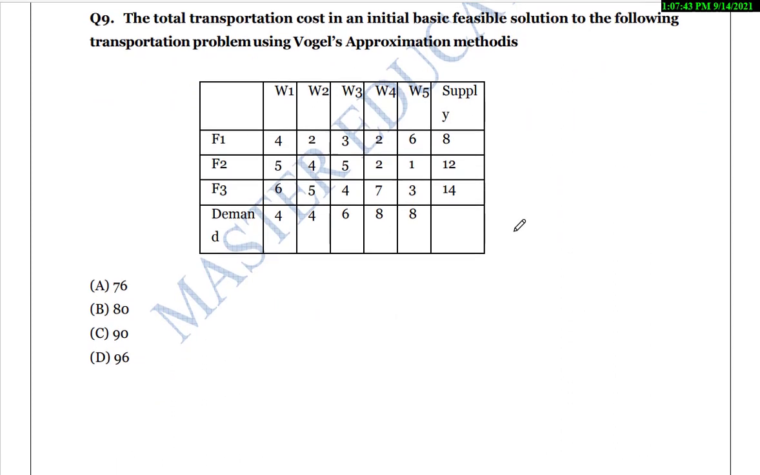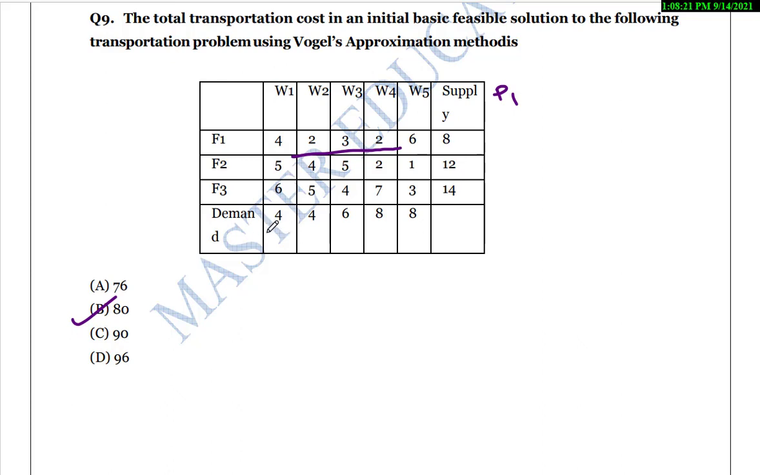The next question: find the total transportation cost in an initial basic feasible solution to the following transportation problem using Vogel's approximation method. Here also you have to find the differences and penalties, and then you will see the answer is 80. Shall I do it, or will you try now? Okay, I'll do it. So in this row, what are the first 2 difference elements? First we have to check